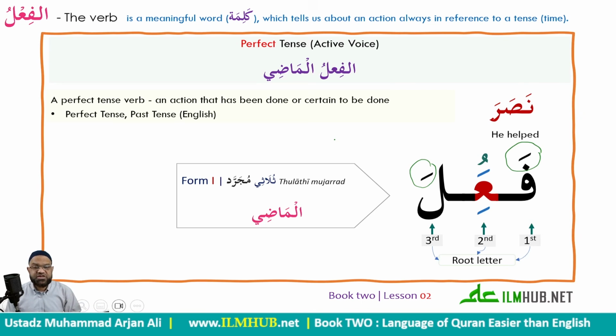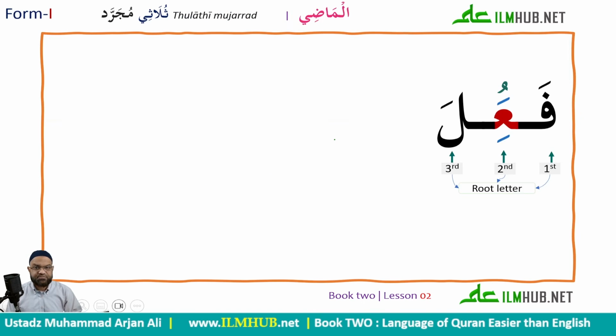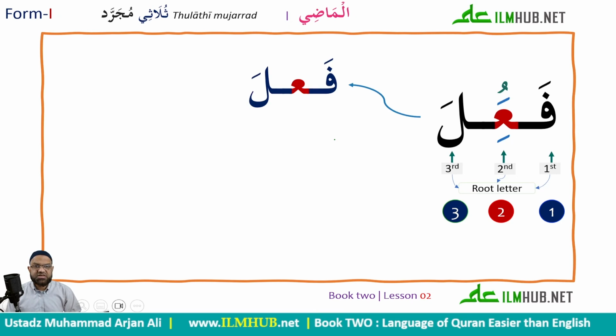So the only variation we will see is whether the middle root letter takes a fatha, dhamma, or kasra for the standard verb, which is the active, not the passive form, which we will look at, inshallah ta'ala, in a forthcoming lesson. So this leads to three possibilities. Of course, you can see first, second root letter. With the changes in the second root letter, we can have fa'ala scale. So we have here two examples. Fataha, he opened. Nasara, he helped.